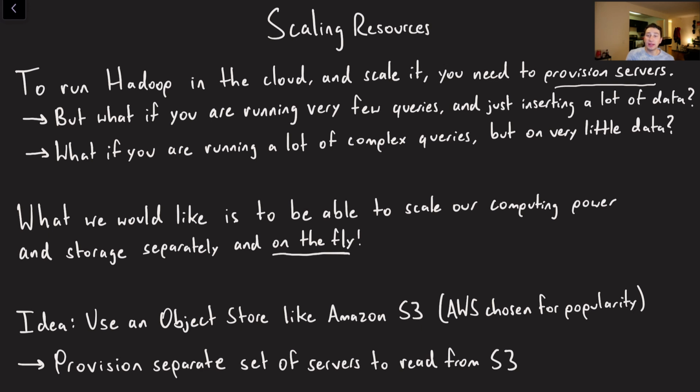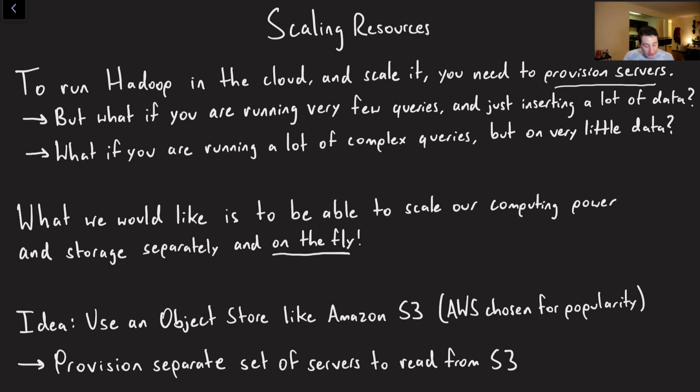And if all of that data is just sitting there, let's say it's midnight and no one's working that day and no one is running any queries, then all of a sudden you're basically just wasting a bunch of money provisioning all these servers and not actually using any of your compute resources. On a similar tangent, there are certain times where you're using a ton of compute resources, but you don't actually have a lot of data. Right? So let's say we're running expensive batch computations or complex queries, but our data set is fairly small. Then that would be an example where you need a lot of CPU, but you don't need a lot of disk. And so basically what we would like to be able to do is to actually scale out these 2 independent axes